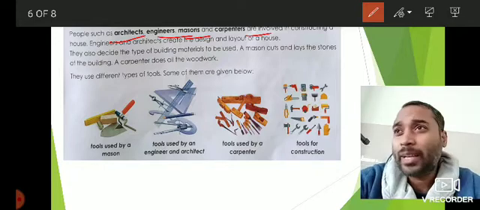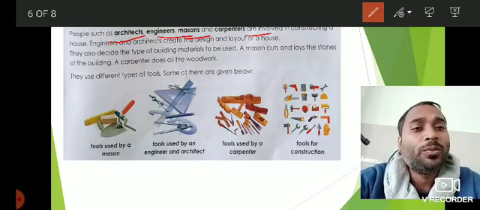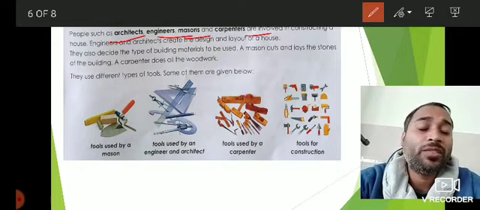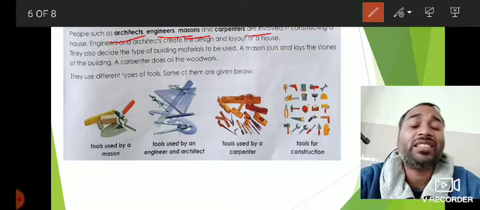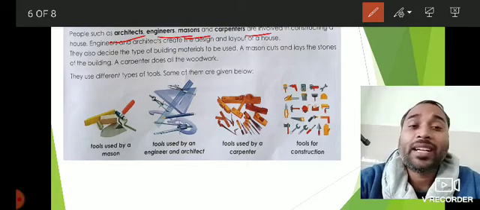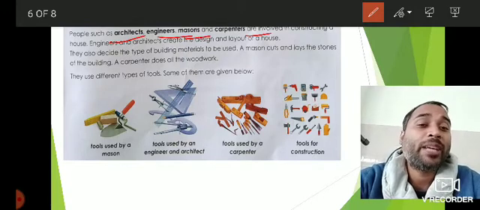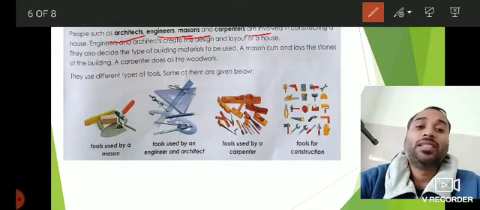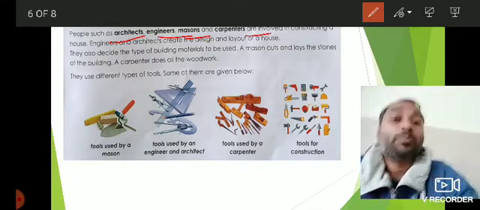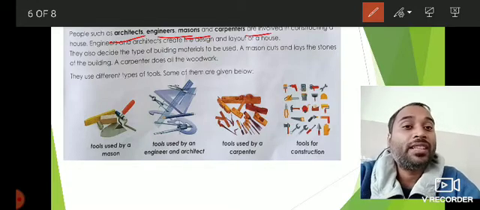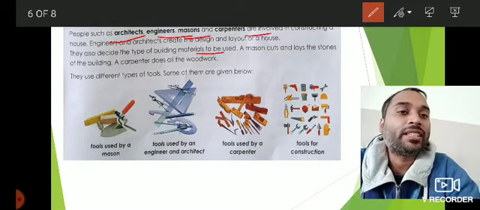Depending upon the type of soil, to what extent concrete will be used, to what extent cement will be used, what will be the ratio of cement and sand, it depends upon the type of land where the building is constructed. So these are the things which are analyzed by architects and engineers. They decide what type of materials and how much material is to be used in order to make these houses. So they have an important role to play in constructing the houses, and they also decide the type of building materials to be used, as I said just now.